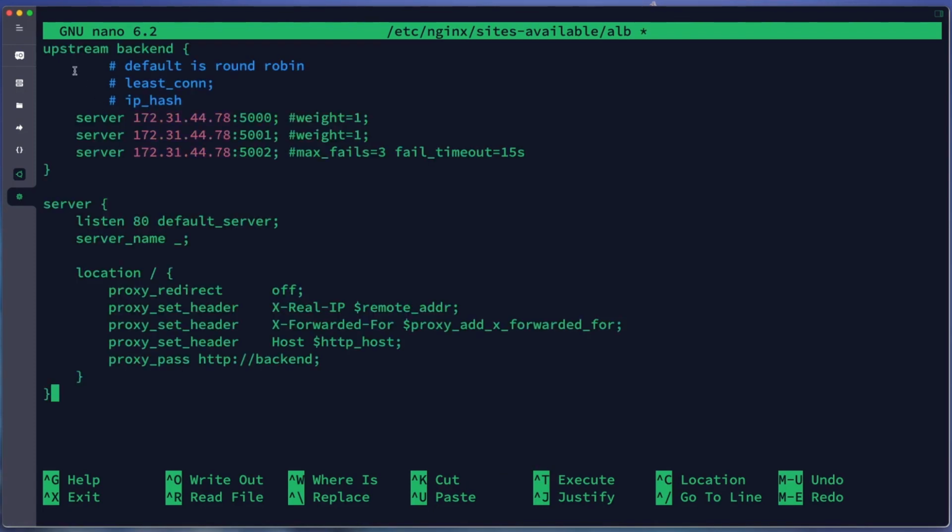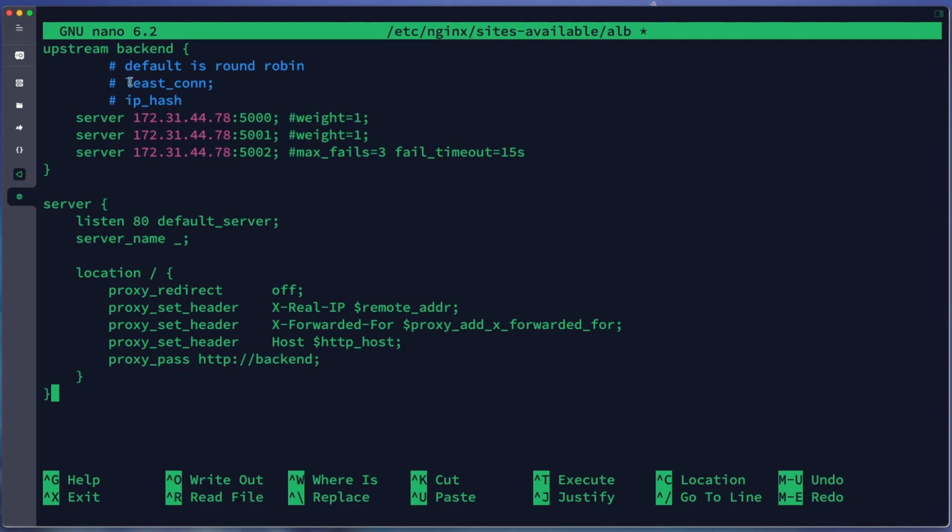Okay, this is it. The first thing we need to add is upstream. This is a key directive from Nginx, and we name our upstream backend. There are some types of connection handling that Nginx will use to our Docker containers, or our other backend servers. The default one is round robin. It means it will go through the list of our servers one by one and start over.